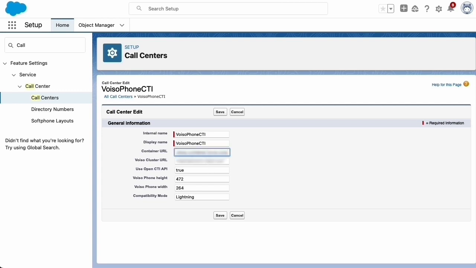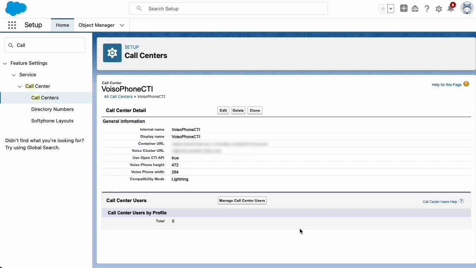Modify the Voiso cluster URL by replacing https://yourcc.voiso.com with your fully qualified cluster URL. Click Save. Your call center is now ready to add users who will use the integration, including administrators, supervisors, and